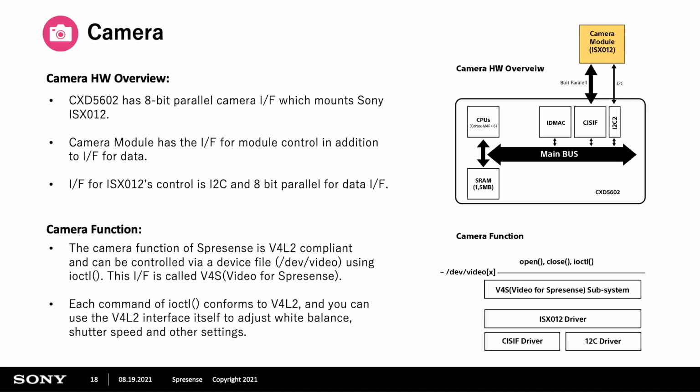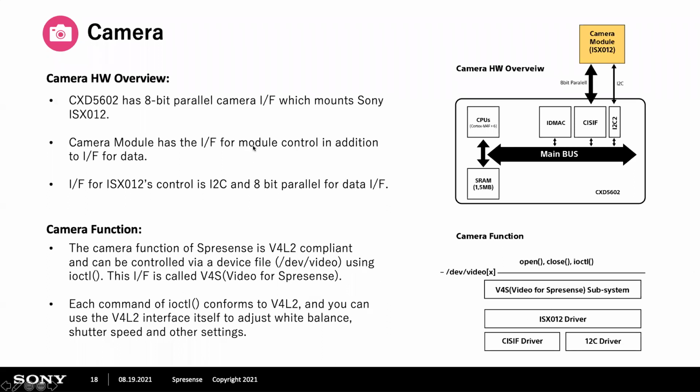And V4S2 provides abstract APIs of camera functions by using standard file system interfaces like open, close, and IOCTL, or IO control. So you see here I have V4S, Video for Spresense, similar to V4L2, but it has